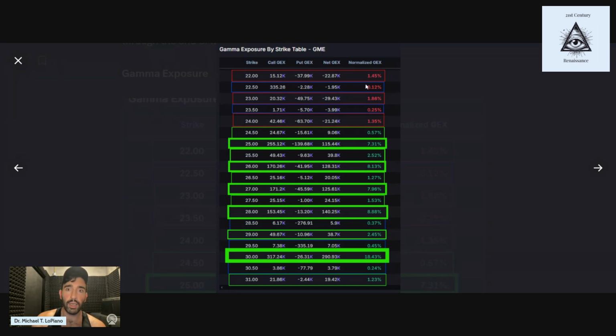But if we take a look at our gamma exposure chart, we can see just how much of that put gamma is gone, right? So above us, our call gamma basically staying pretty strong in that 25 up to basically 28, even 29, is maintaining its character. So as the price moves in here, we're looking at stability. We're looking at strength of dealer hedging that reduces volatility in this range. And as far as traders go, we're not seeing traders prep for more downward movement. We're not seeing puts, right?